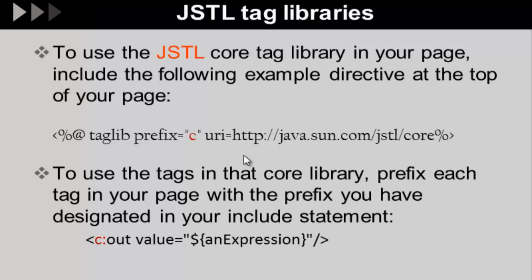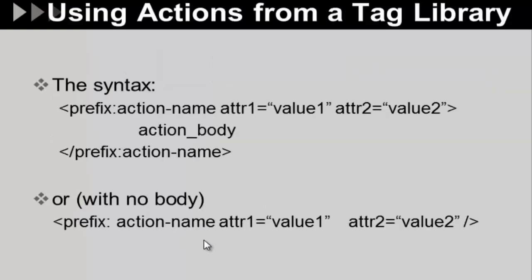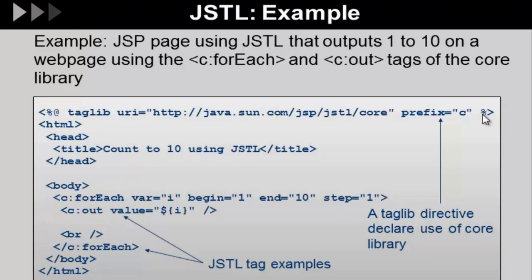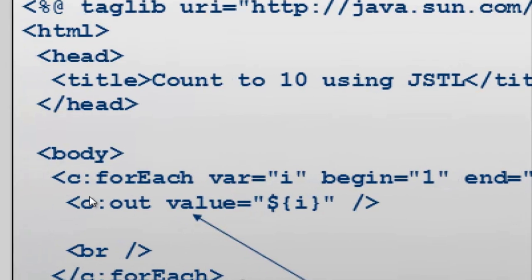So if you have used the prefix as C with the JSTL core, how do I use it? C colon followed by the function that you want to use, and then specify an expression. Okay, that's the syntax that you need to follow. You can have more than one key value pair. So this is the in full. I've shown this to you. You are writing the URI, you are writing the prefix, and you are calling something. You notice here there is a for loop and there is the value that are being